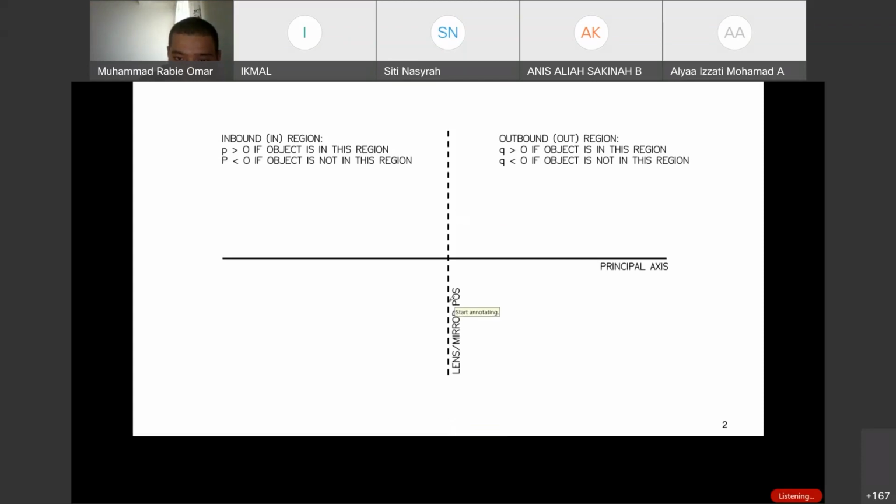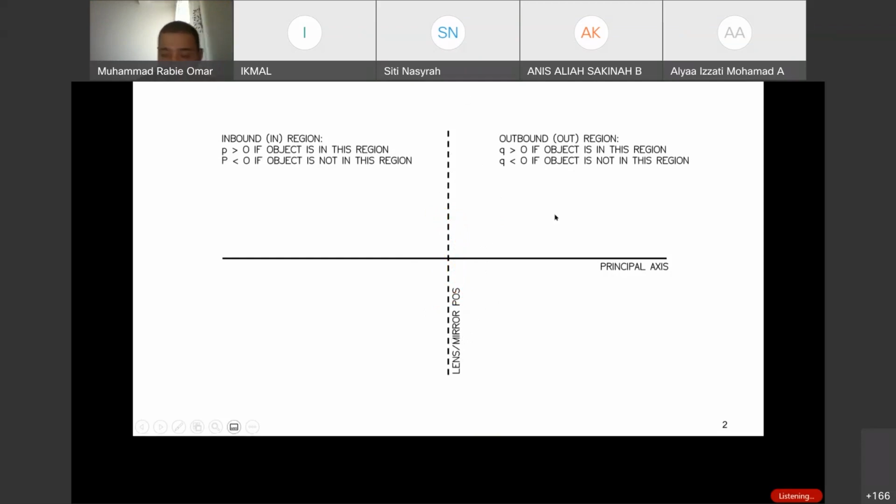So here should be either a concave mirror or a convex mirror, or maybe here is a convex lens as well as the concave lens. Again, I repeat, the concave lens should be like this, yeah. So it should be thinner at the center and then thicker at both ends, I mean at the edges. So now you know that your lens should be in the middle here. So this is the lens or the mirror position.